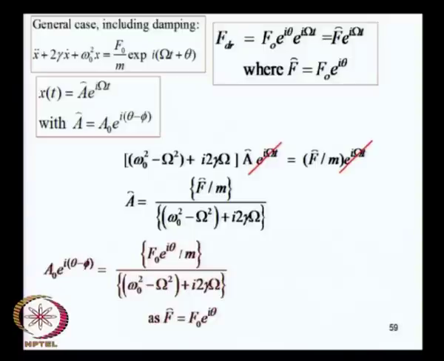So, now this is the complex amplitude, and I have now written it explicitly. This is written with A, with this symbol on top of A. So, wherever I have a complex amplitude, either for this driving force or for the amplitude of oscillation, I have used this symbol which looks like a hat, it is called a caret. So, this is A caret, this is F caret, or sometimes it is called an F hat or an A hat,